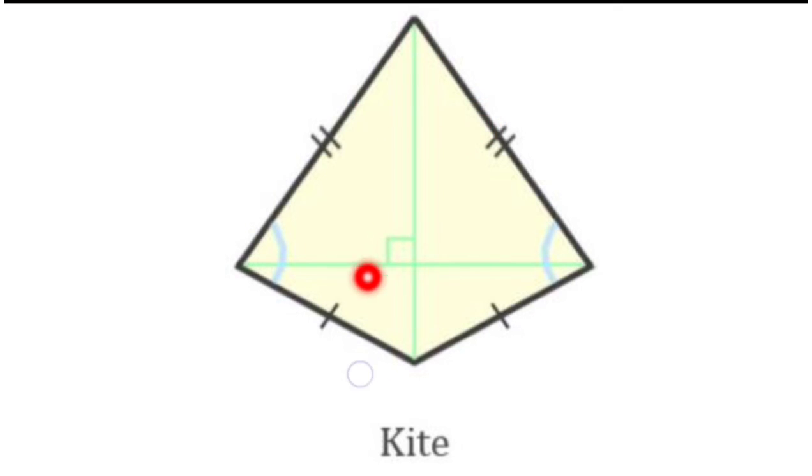So adjacent sides are equal, and only one pair of opposite angles is equal. Otherwise this and this are different. This will be acute and this will be obtuse. But this blue angle and this blue angle are of equal measures. Okay, so adjacent sides are equal in a kite and one pair of opposite angles is equal. Okay, the next one is